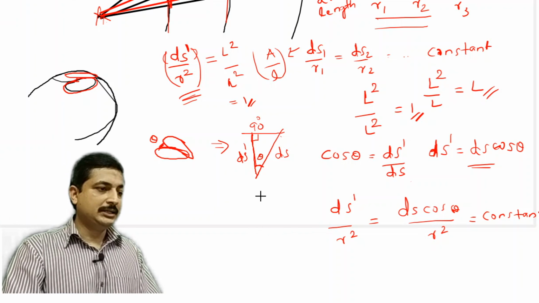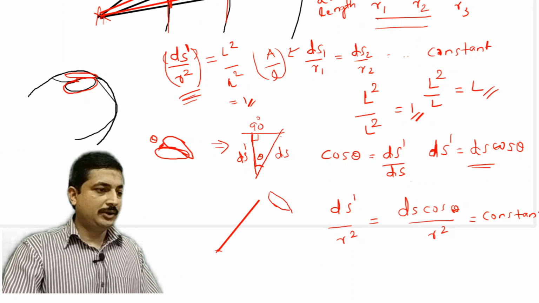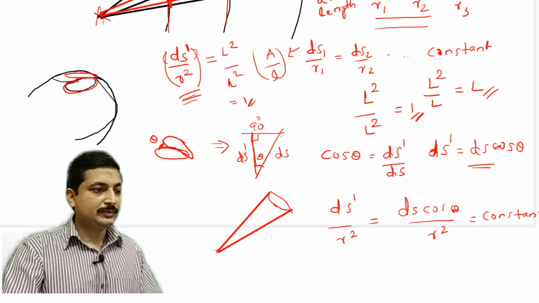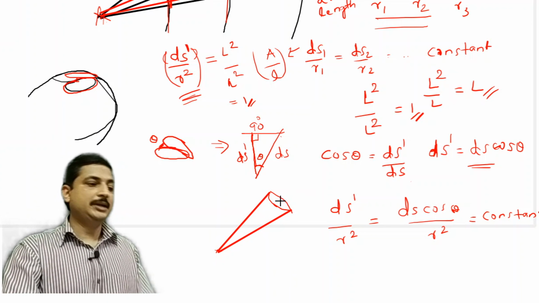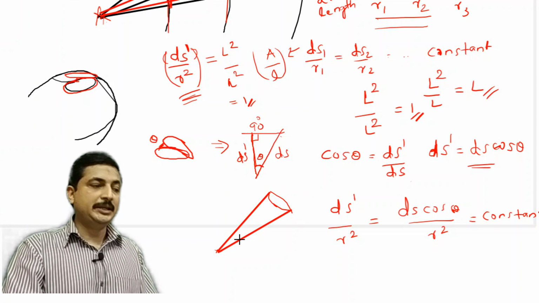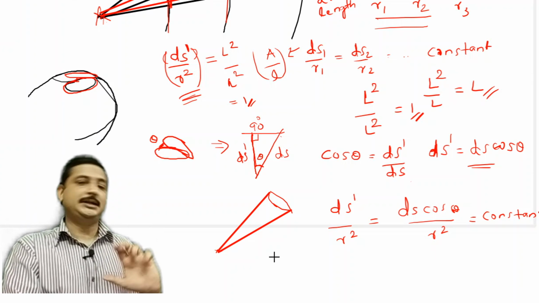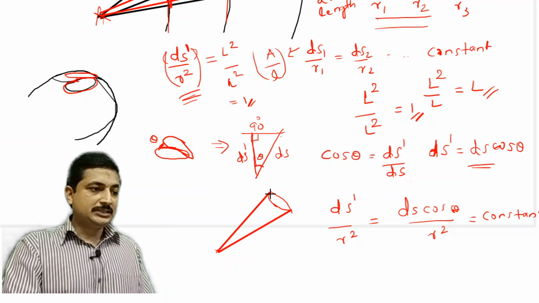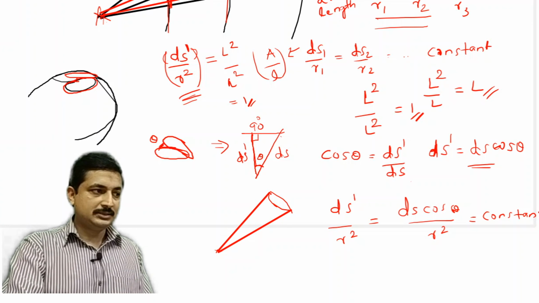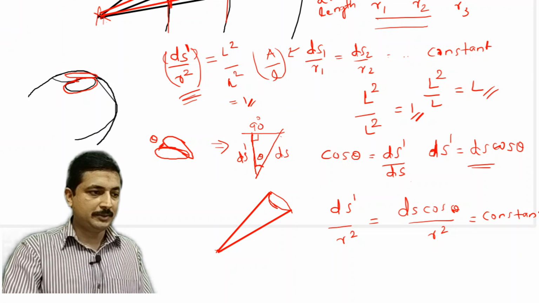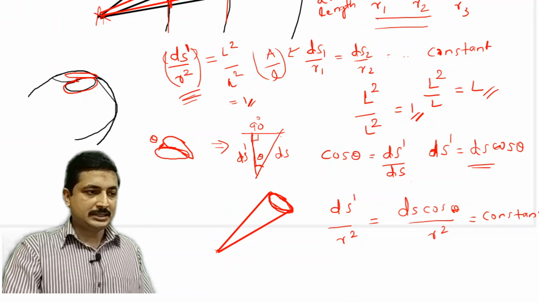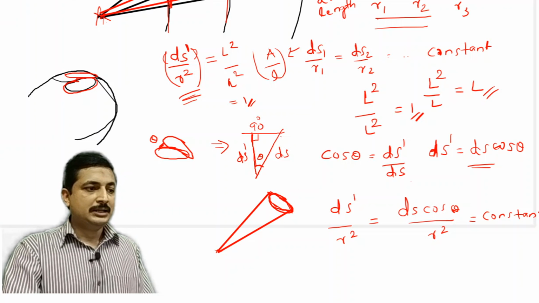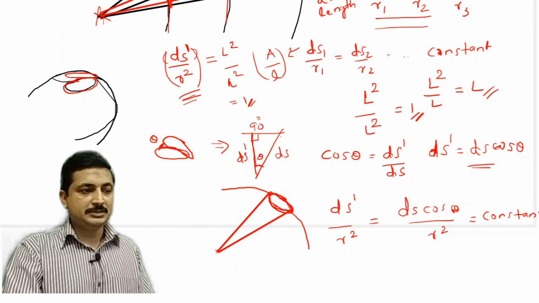Again, to understand that, I'll take a portion of the same surface, and from some point P we have drawn this. You know that this will be a spherical structure, a 3-dimensional structure, but I am explaining it in 2D. So this surface is on the surface of a sphere maybe, because now I have projected ds as ds dash. The enclosed surface is now a circular structure. Let us assume that it is a sphere. So this particular surface will be lying on a sphere. Can you imagine? Please imagine that way.